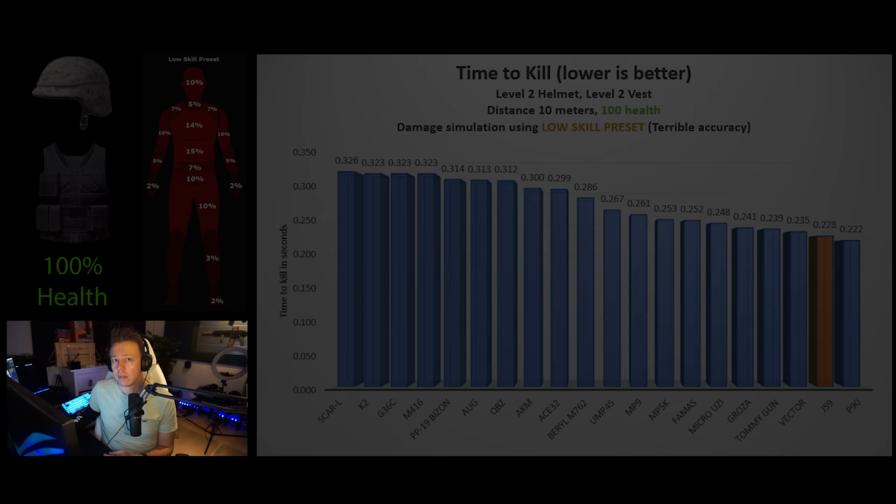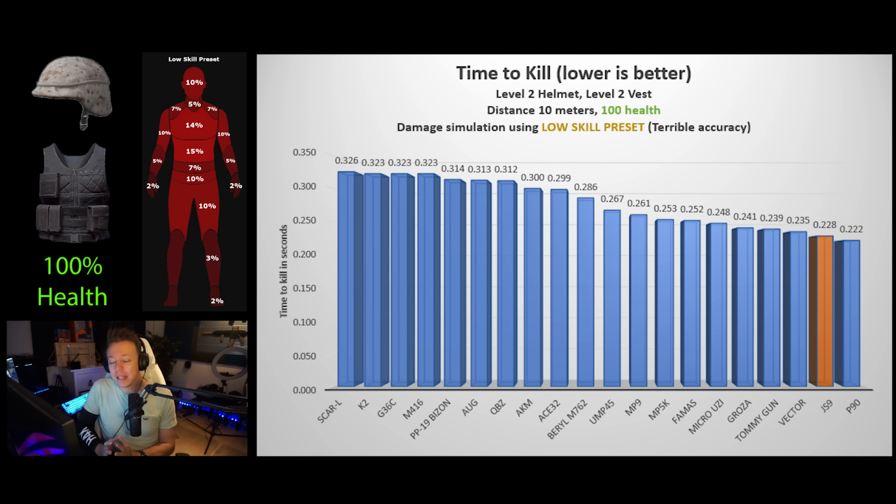Well, the secret is, if you suck, if you're trash, you're a bad player, you're hitting all over the place, you're a noob, you started playing yesterday, you never played an FPS game before, well, the JS-9 is the gun to choose because of the limb damage multiplier, because of the damage per bullet being the way it is, because of the rate of fire being the way it is. If you have terrible accuracy, well, the JS-9 is the deadliest full auto SMG or assault rifle in those categories